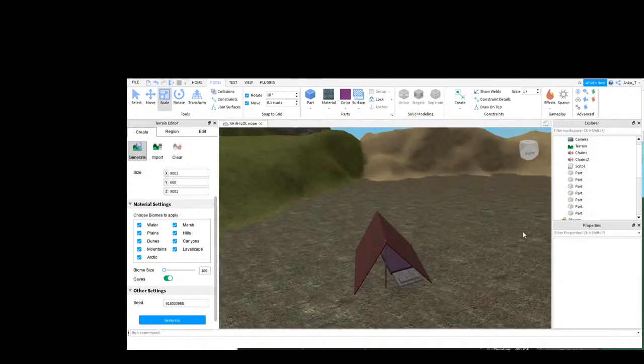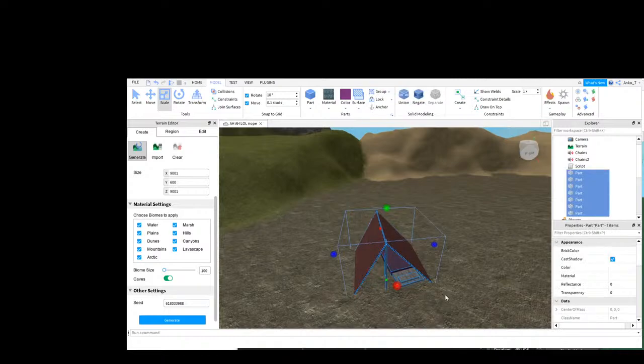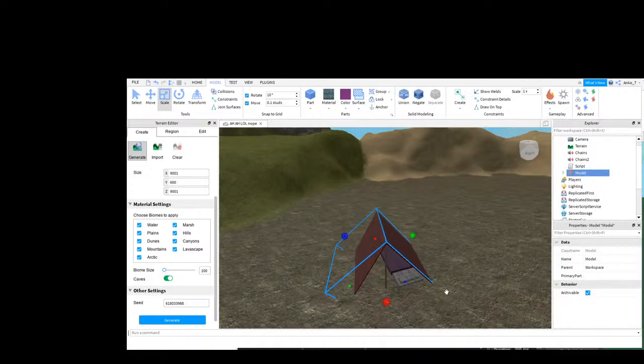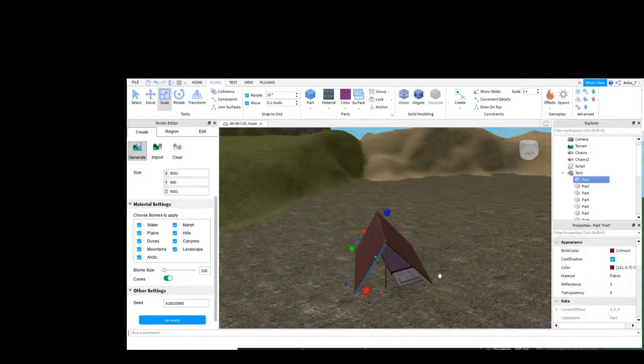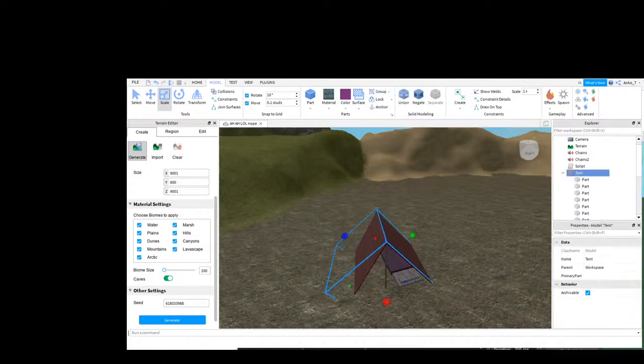So, I'm done with this. I'll select everything. Group it up so it becomes a single model. Rename the model by clicking F2 and type tent. So that's my tent. Right click on it, and once you go to Explorer and right click on your tent,